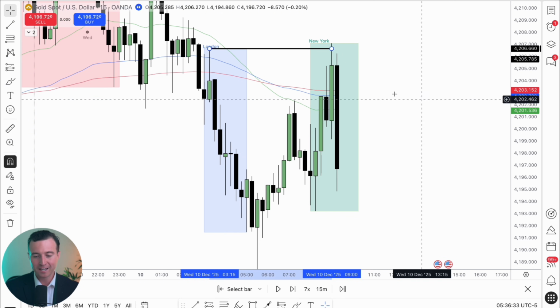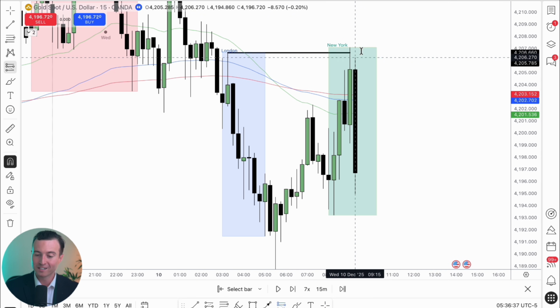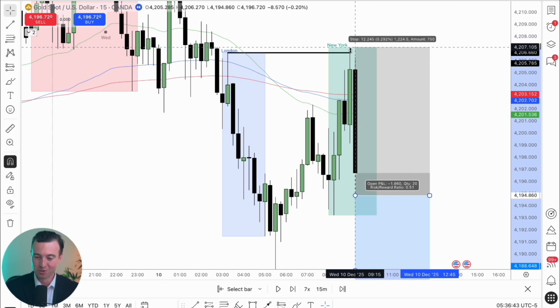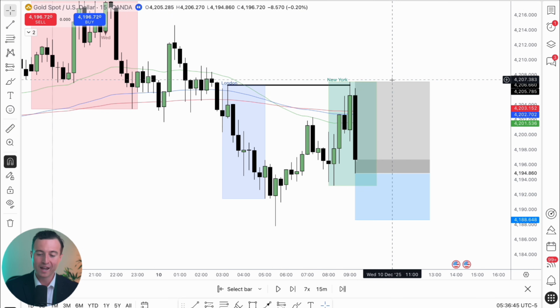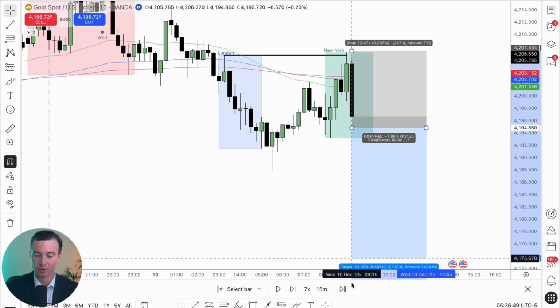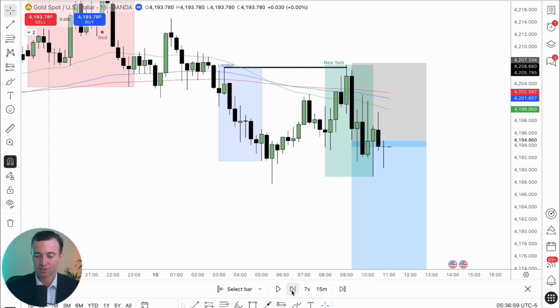And so we take out London buy side liquidity right here and we confirm. So we get our bearish confirm during the kill zone. So we can enter on the break of the low, stop loss above the liquidity sweep high, and then target a 1 to 2. So tagged in right here,